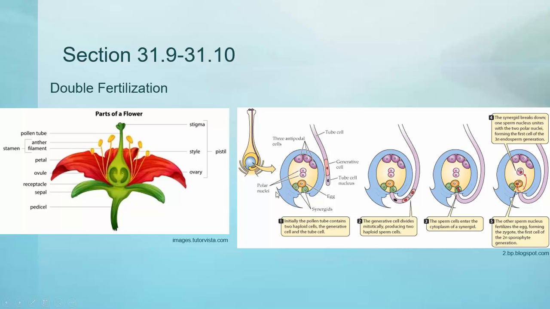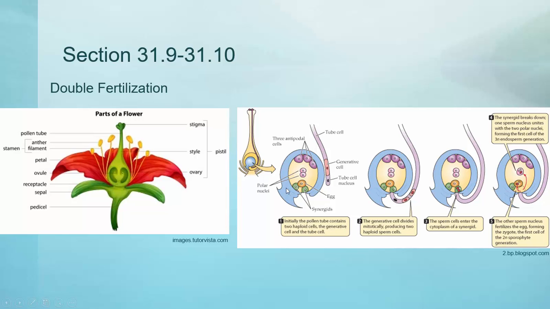When pollen lands on the stigma, it digests its way down the style, and up, down and around and up into the ovary. Now, pollen are kind of interesting in that when they deliver their information, their sperm, it's not just the one sperm cell. It's the sperm cell and something called the generative cell. And what arrives are these two cells,